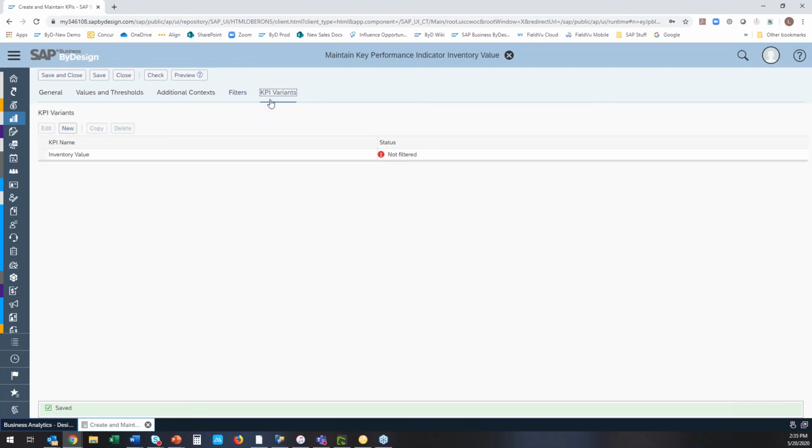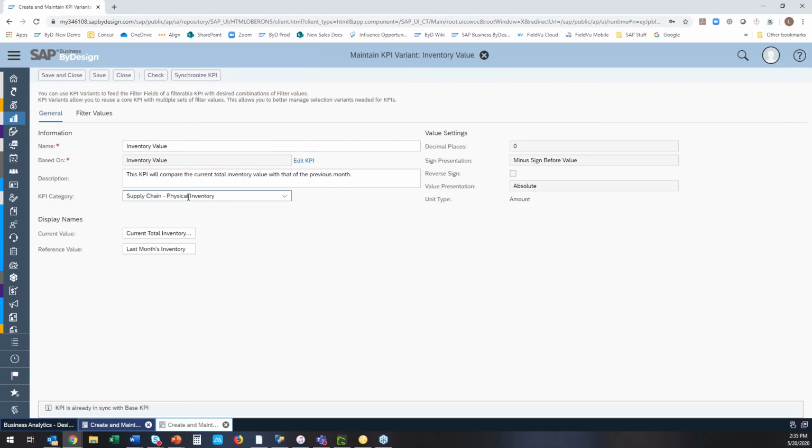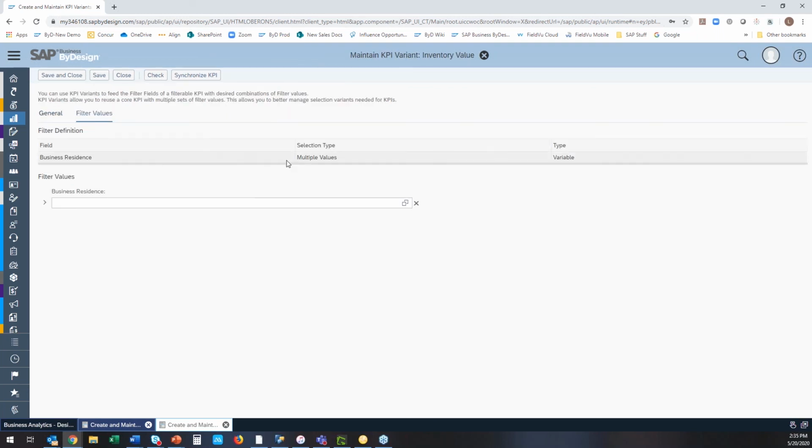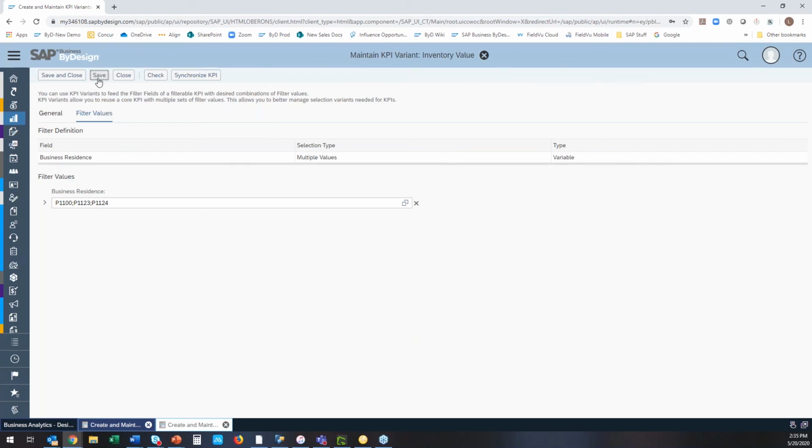And then you've got your KPI variance. Within here, that's where I'm setting up all the different areas, and I can set up within this filter. For example, we've got 3 companies set up, and I want my user to quickly toggle between company 1, company 2, and company 3. I can set that up in here. Maybe I've got 123 and 124 as my other companies, and I can save that. So when my users go in, they'll see that as a drop down in the different options they can filter against. Then as I'm editing this KPI, I would come into the filter values